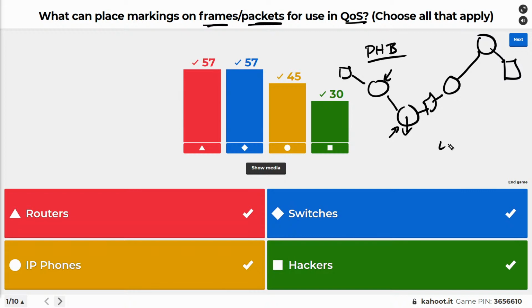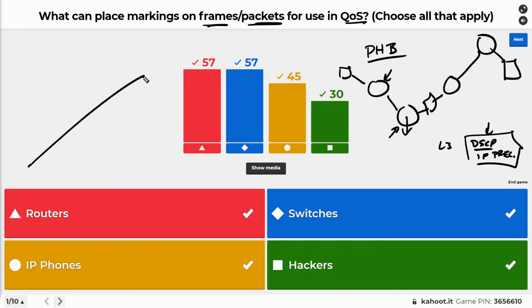So there's some bits in the layer 3 header. They're the DSCP bits, IP precedence bits. They're the same bits, precedence. And based on those bits, if they're in a certain value, the router can say, whoa, if there's congestion, and based on who has the right markings in the IP headers, I'm going to give that traffic preferential treatment.